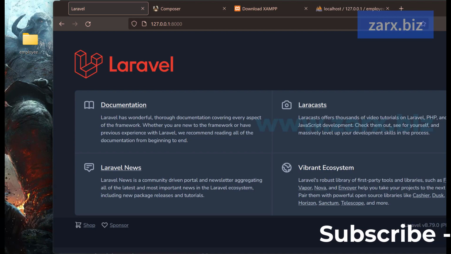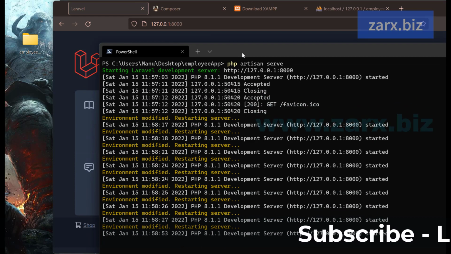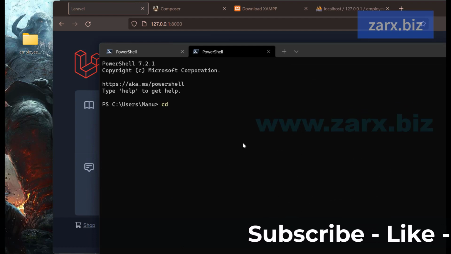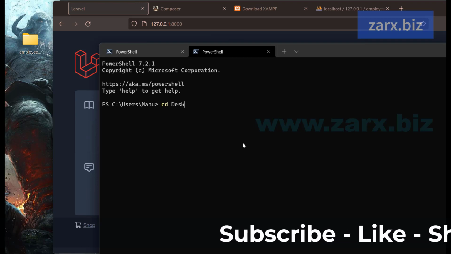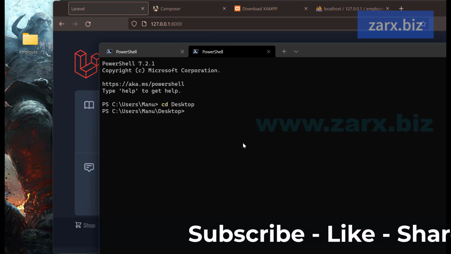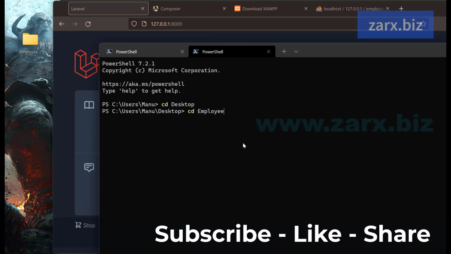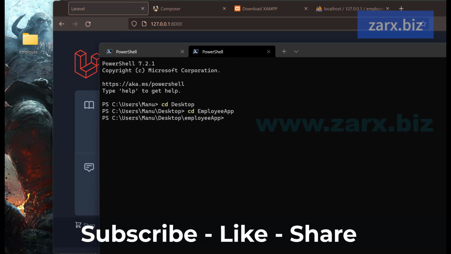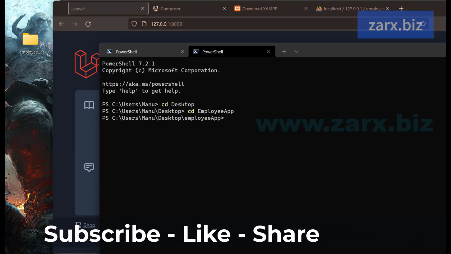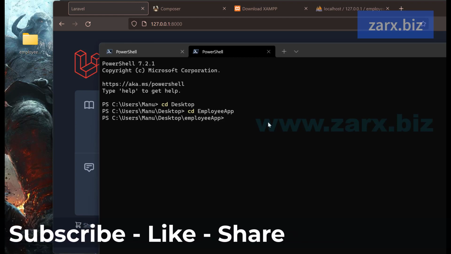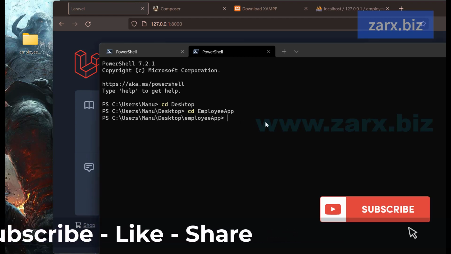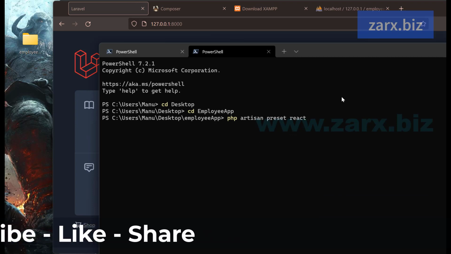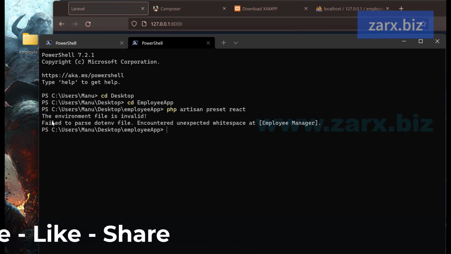First, I go back to the PowerShell. Here we need to open a new tab, and I'm going to go back to the project. So it's going to be desktop, and there cd employee app. Now here we need to run a command. Basically, we used to run a command if you were working with Laravel 7 or before. We used to run php artisan preset react. So if I run this command, you will get